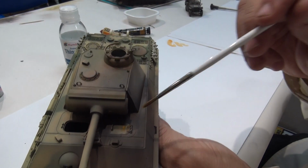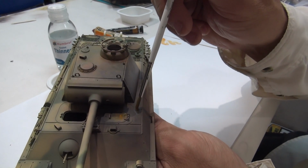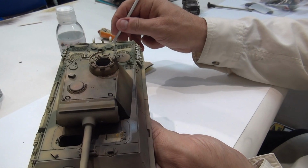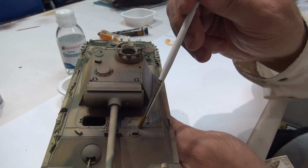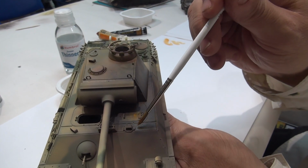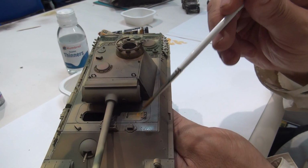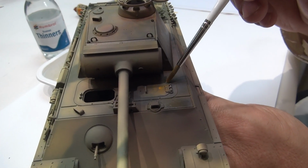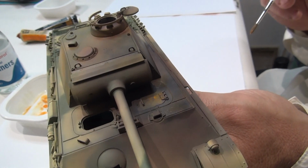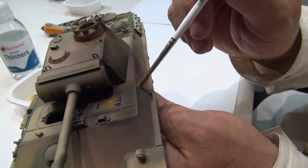And then if we leave that like that, and then go back with stippling of a much thinner orange, suddenly the interest around the hatch is there. You see how the color varies immediately. And those kinds of things are, like I say, sometimes you have to shrink yourself down to 35th scale to